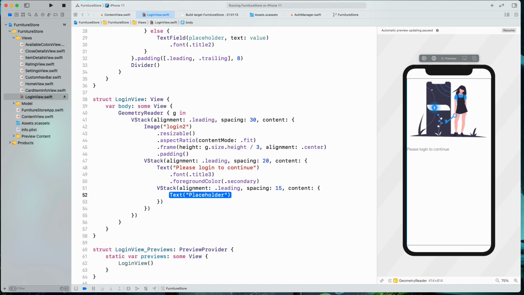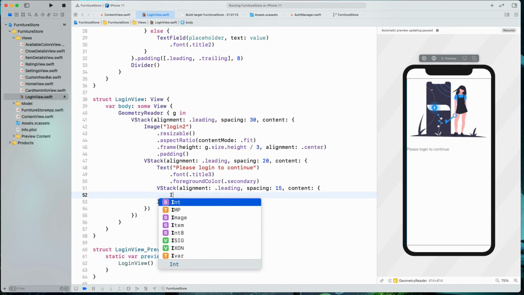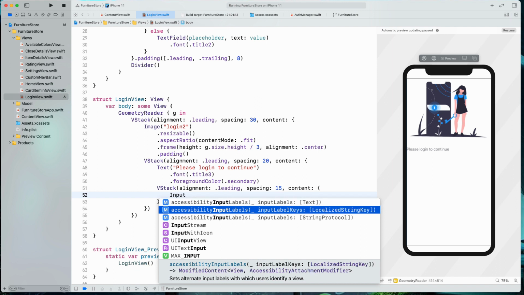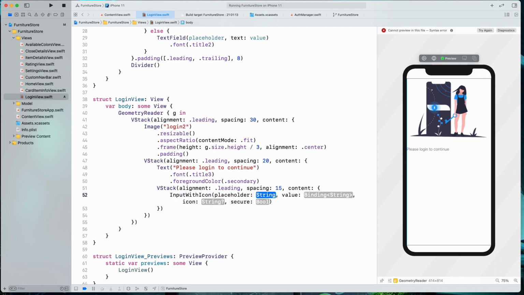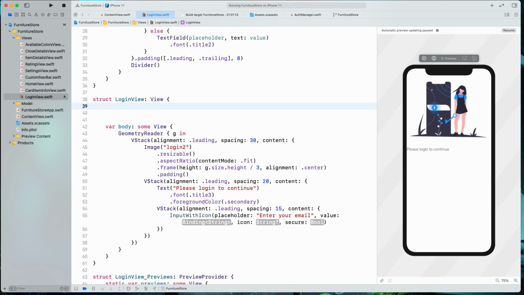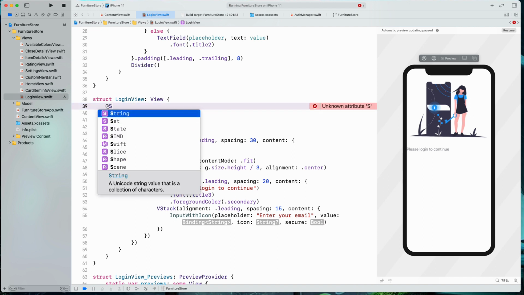Let's set the alignment to leading and spacing of 15, and in this side we're gonna put our input with icon. So we'll say input with icon from here, and for the placeholder we're gonna say enter your email, like this. We're gonna need to create some state variables in order to store the values of the inputs,